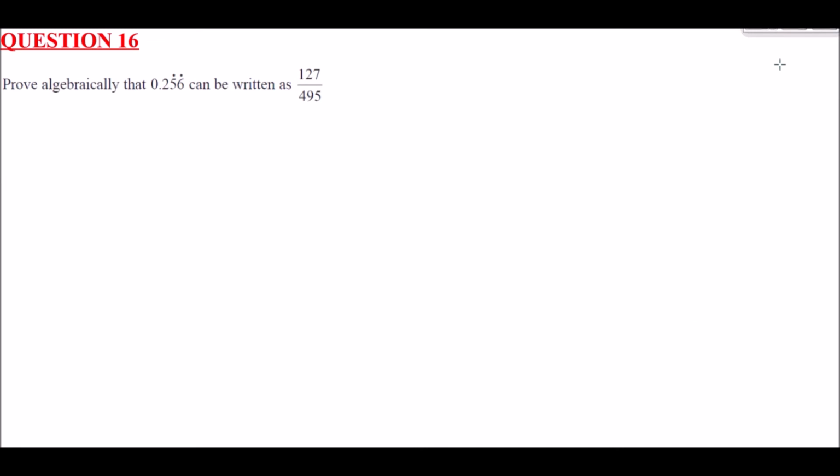Question 16. Prove algebraically that 0.256 recurring can be written as 127 over 495. Now the dots are only above the 5 and the 6. So this means the 2 isn't recurring in the repeating block, just the 5 and the 6 is recurring. So what we're going to say here is we let x, or y, or any algebraic letter, equal this thing here. So let x equal